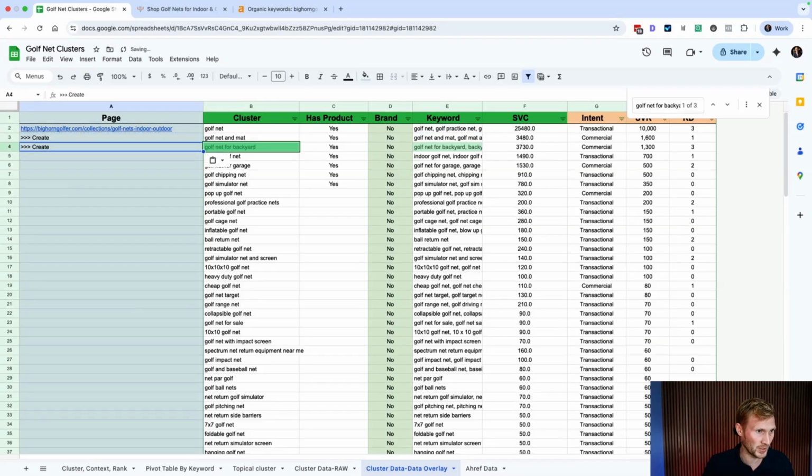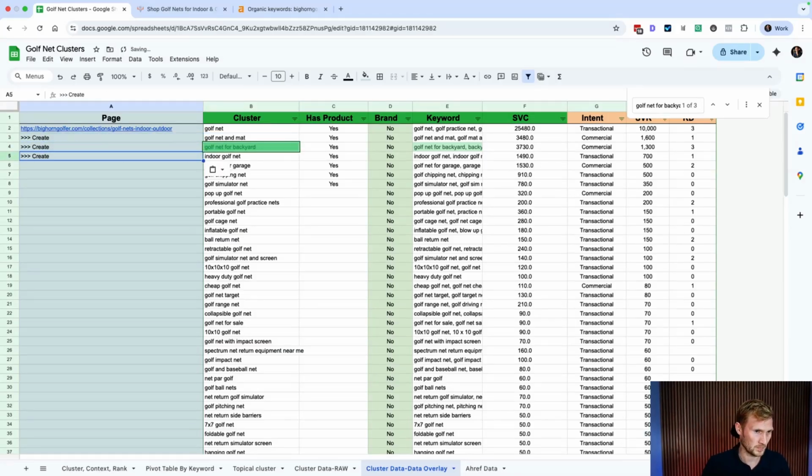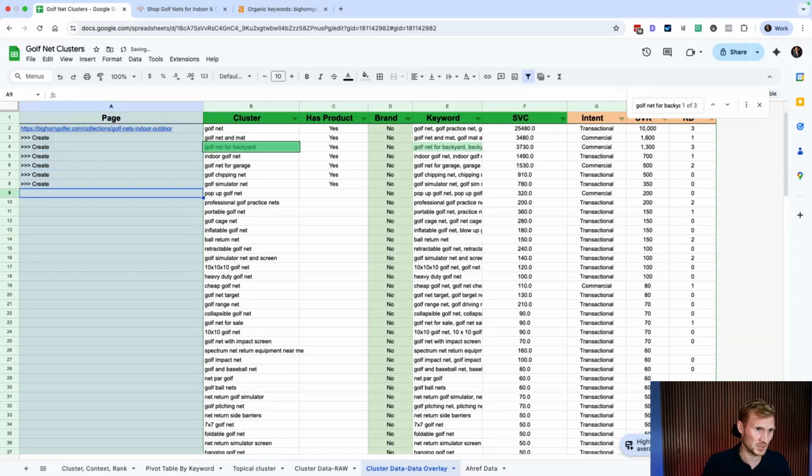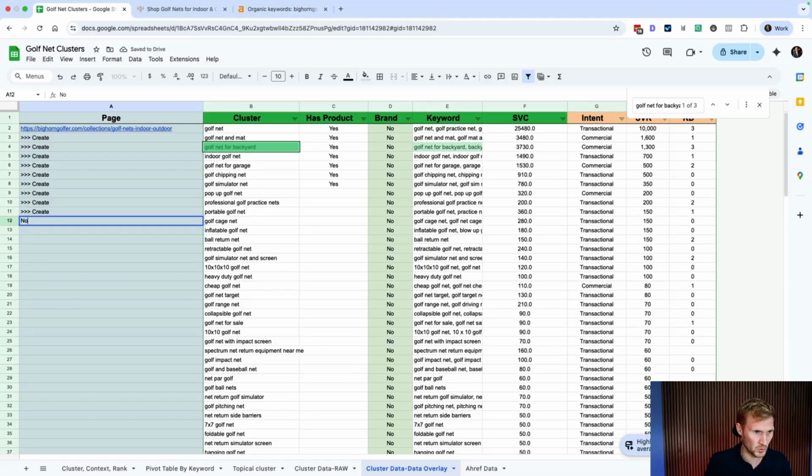But I'm going to go through and do this because we know that we don't have any pages. It's going to be create this, indoor for garage, chipping, simulator, pop-up, professional, portable. I was going to go no. I have no idea if we have inflatable golf net. Ball return. This is an interesting category. Not a lot of search volume, but this is, I guess, a higher price point. We're going to do create,